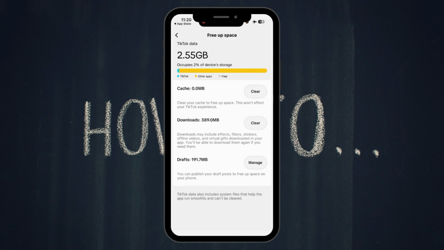Now, you can also check for TikTok server issues. If TikTok servers are down, login problems may affect many users. So just wait for a while and try again later. Now, you can also try forgot password. So follow the instructions to create a new password, then try signing in